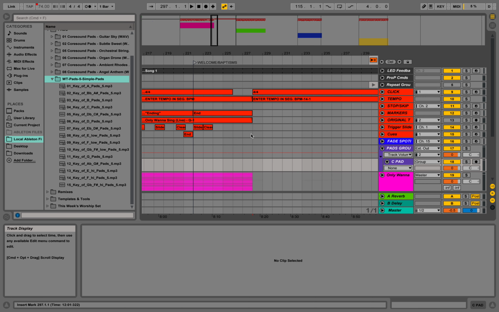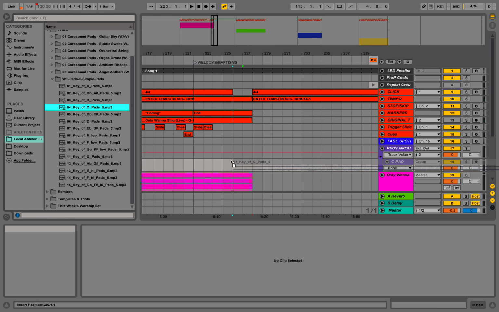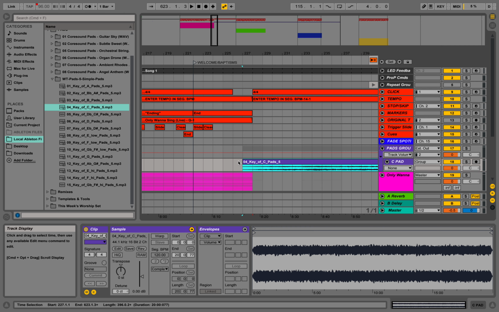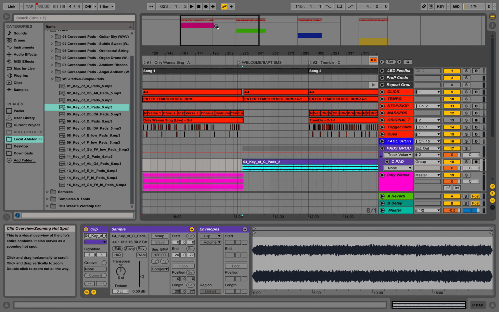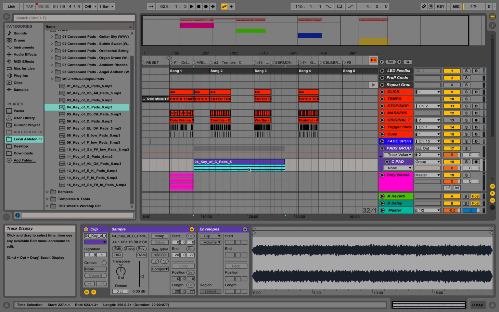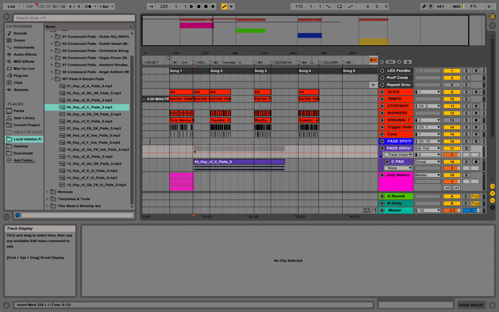And I want to go back to the beginning where I want it to swell in, which is probably, I'm guessing, right here. So I'm going to drop it in there, and then I'll listen to it just to check. So click and drag it in, and then it's really long. If I zoom all the way out, you can see this is 20 minutes of pad. So I'm not going to use all that. I'll zoom back in,